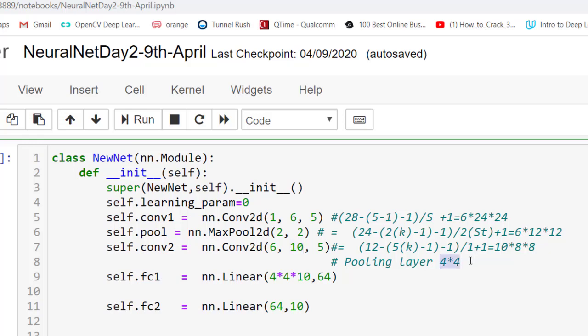So how much is it? 4 into 4 is 16, 16 into 10 is 160. So I will have 160 numbers when the image comes here. So what has happened is 28 by 28 has become 160. Now we have to pass it through a linear layer. So this is a linear layer, which takes 4 into 4 into 10, 160, and it produces 64 output features. You can change it to 32, and you can have one more, or you can have 32, and then here you should convert 32 to 10. So this is the final layer. Okay,